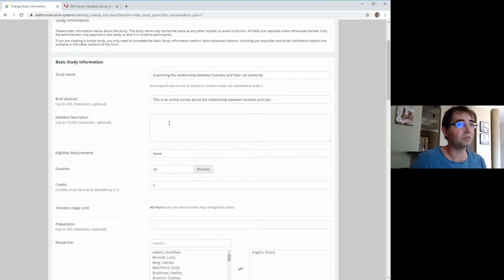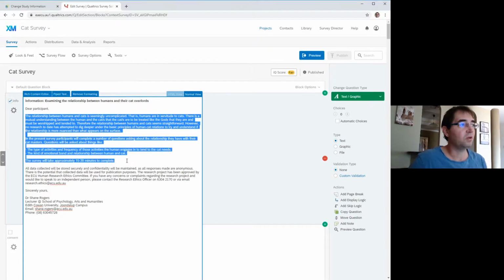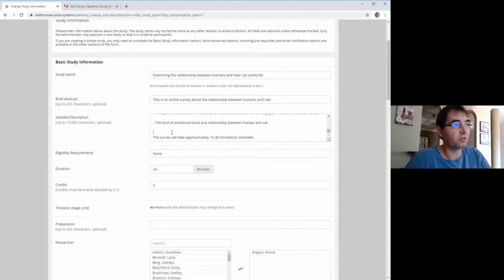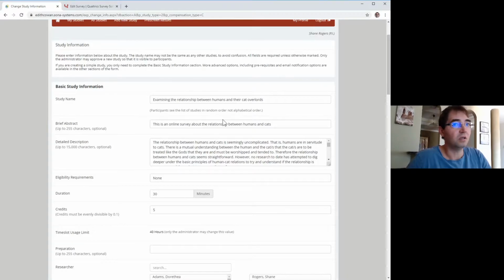Then in the detailed description, that's where you will provide more detail. I'd recommend just copy and paste the bulk of your information sheet type thing. So for a lab study, there will be one on your information sheet, but for an online study, you can just copy and paste it from the survey preamble, chuck that in there, and then just maybe slightly modify that as